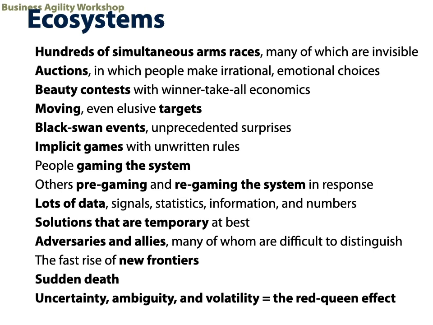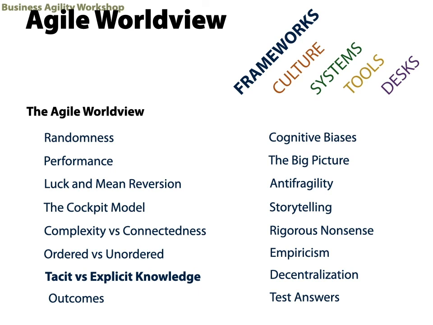And you have the Red Queen effect, which is living in the VUCA world. It's just another module I have, where it's always an arms race, and as soon as you achieve something and you're ahead of the game or you have an edge, everybody else catches up, and then you start again and there's a new normal. So that's just one quick module from the Agile worldview, ordered versus unordered. I have about 15 of them here. And then I have about 10 other whole groups of modules. This is several days of workshops, but I hope